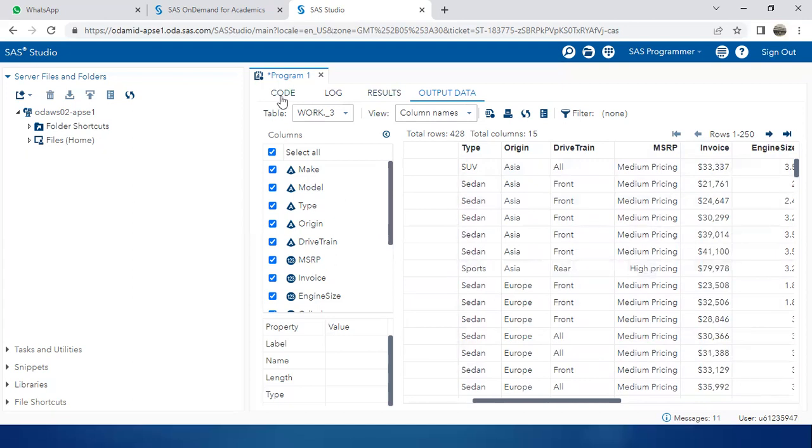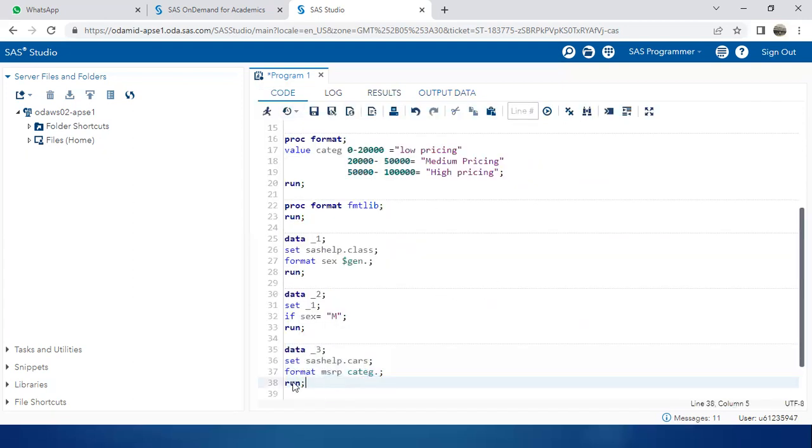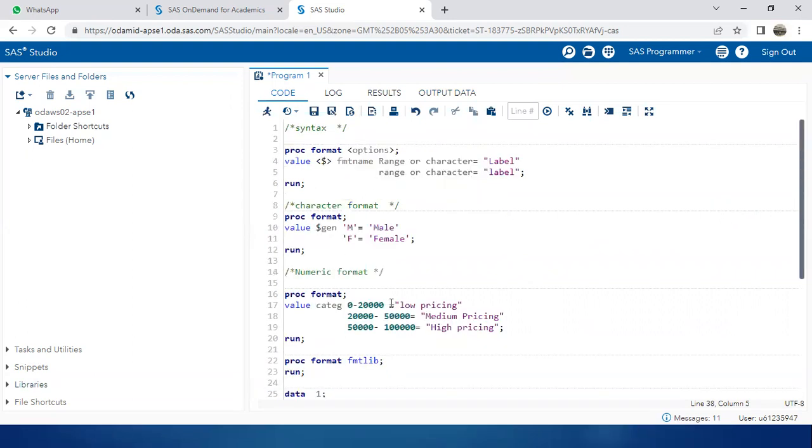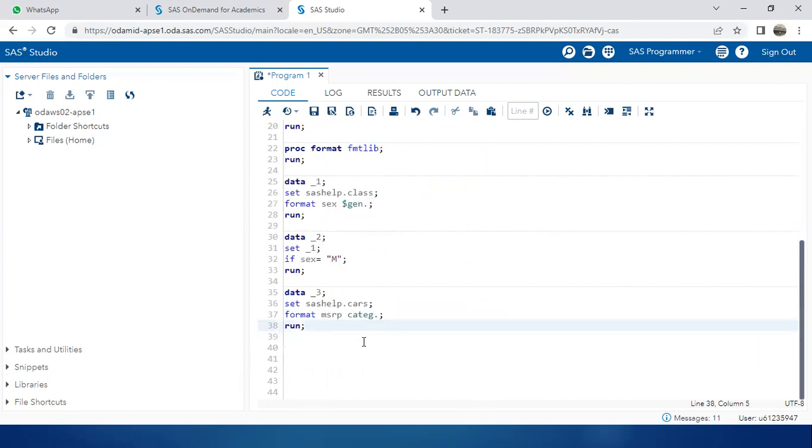Now suppose I have created these two formats. Whenever you create formats, they are going to be stored in the catalog file. And how will you see that? So you will write here, and as I sign out of this session,